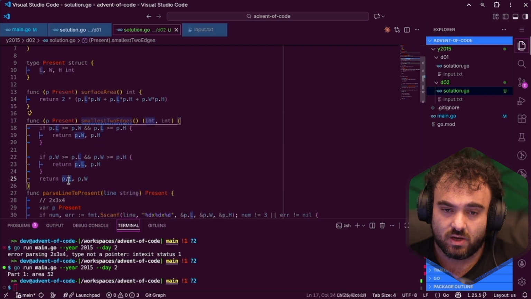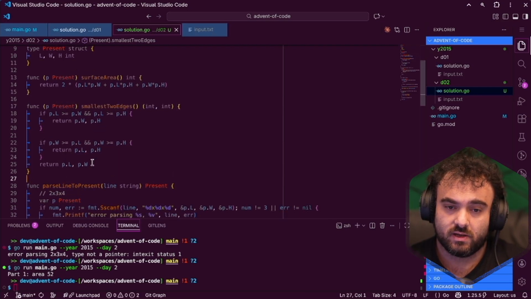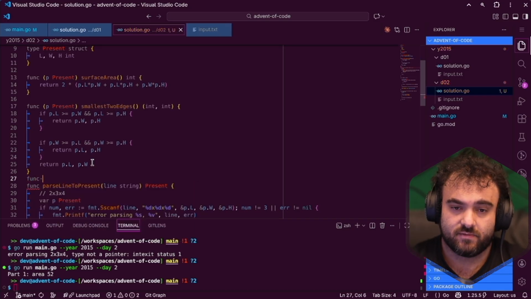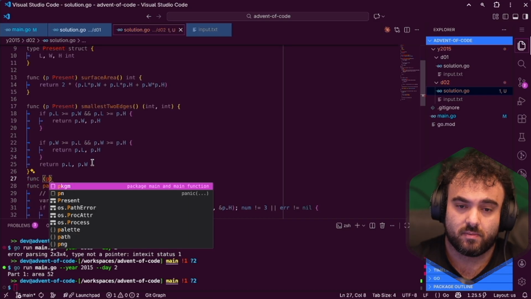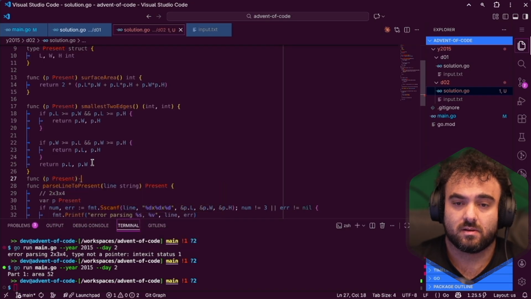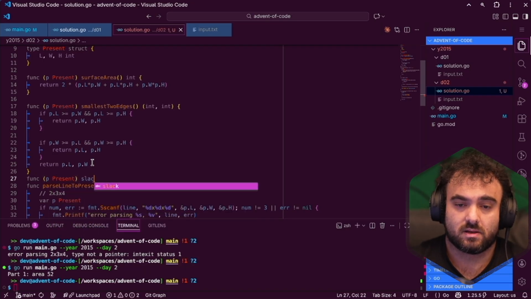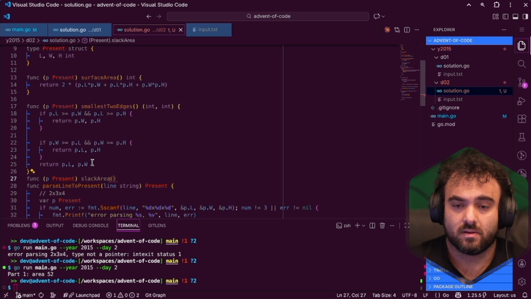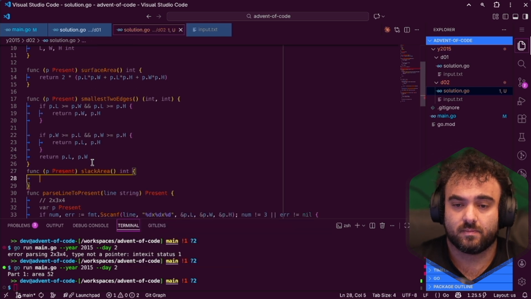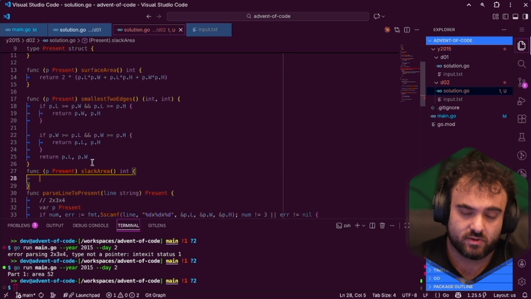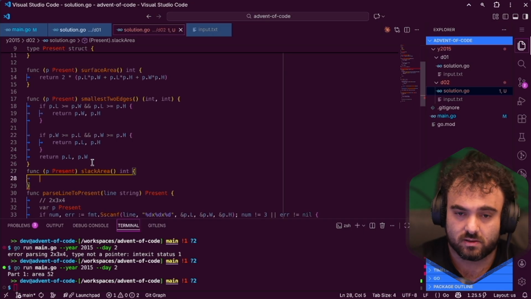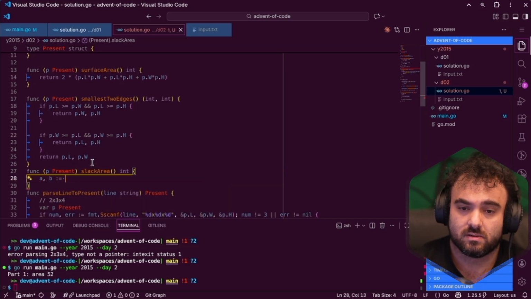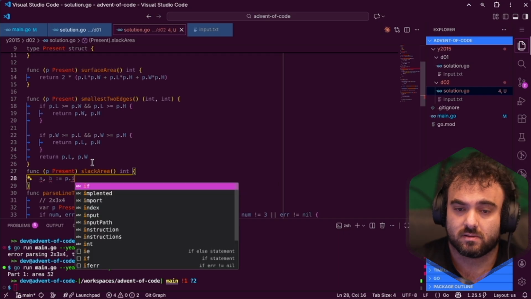edges. So how do we use this one? We need to use it with finding the slack area. Let's have another function, present slack area. It's an integer. It's the area of the smallest side. So first we need to get A and B, the smallest sides. P dot find